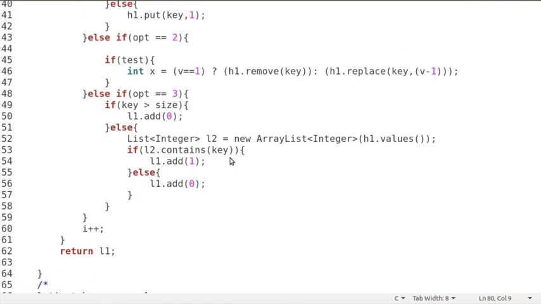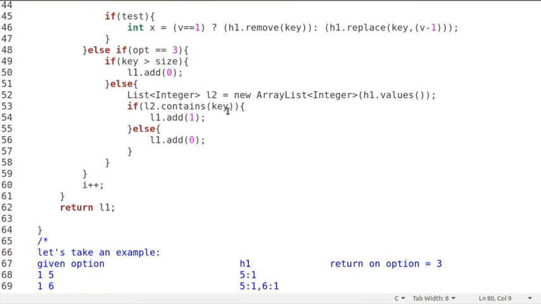And if option equals 2 and if that element is available, then we will remove the key, and h1.replace v, and if frequency is only 1, v equal to 1, then we will directly remove that key, and if it is available more than 1, then we will decrease the frequency of that element.